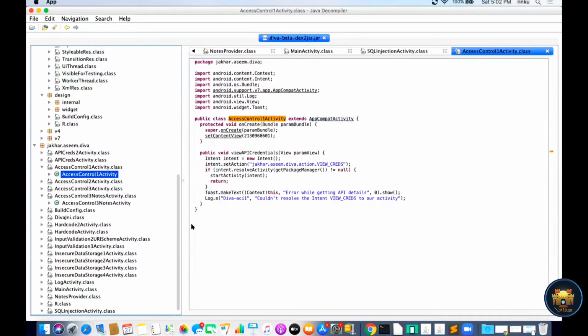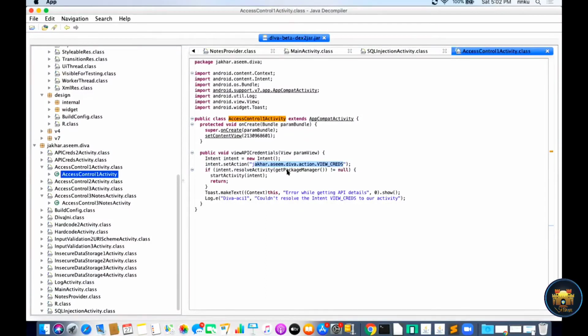If you go there, here is the onCreate function, the default function, and the main function is viewAPICredential. Here you can see a new intent is created and an action is set: jakhar.aseem.diva.action.VIEW_CREDS.